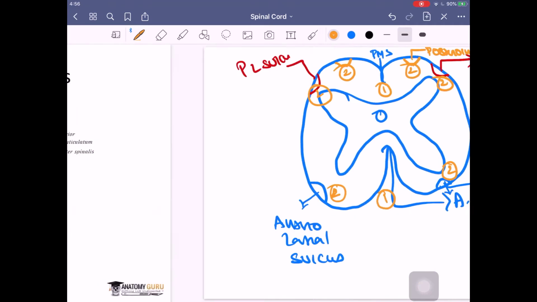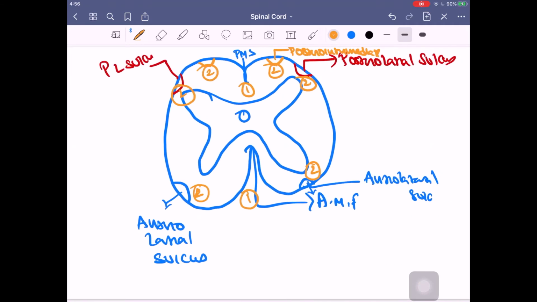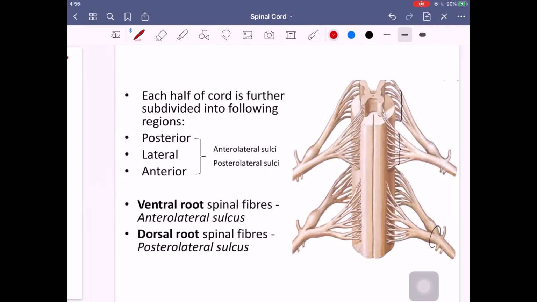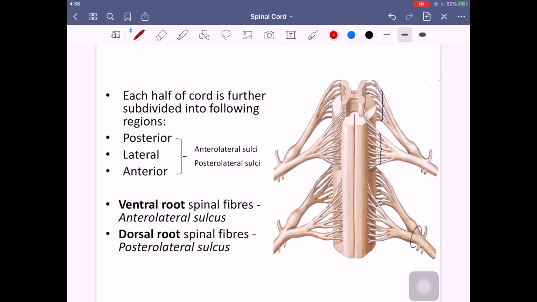Now each half of the cord, and here also you can see, this is the important part, that is the location of your artery. I said there will be an anterior spinal artery located in the anteromedian fissure like this throughout the course. So when you look at this, the artery will always be seen in the front running throughout the course. So in this deep groove, a fissure, we have an anterior spinal artery running through and through.